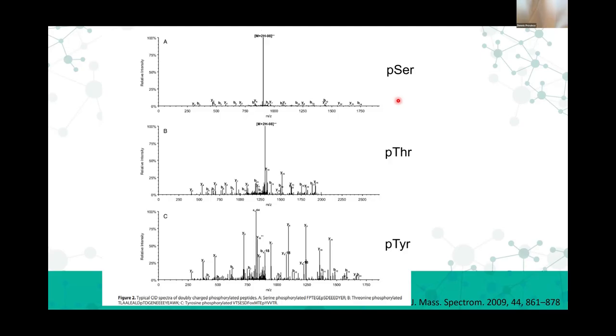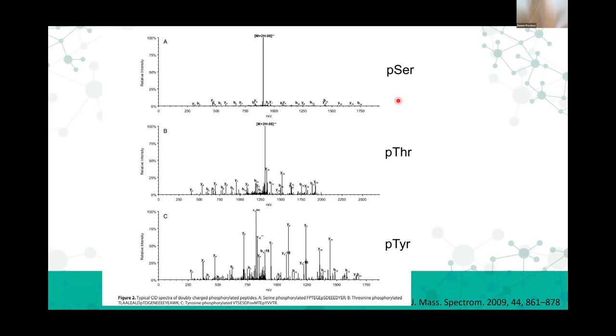So again, I said I'm like the merchant of death here, just keep giving bad news. If you look down at the bottom, if you have a phosphotyrosine, well, here's a little good news. Peptides that have phosphotyrosine actually fragment pretty well. That's because it's not energetically favorable to get a loss of 98, so it's a little harder for it to lose that phospho group, and so you get better fragmentation.